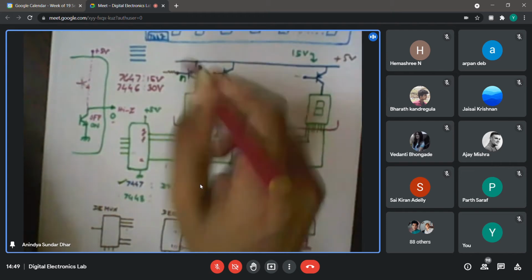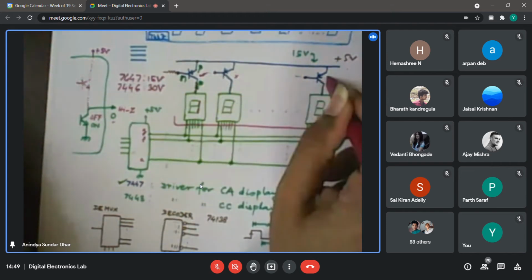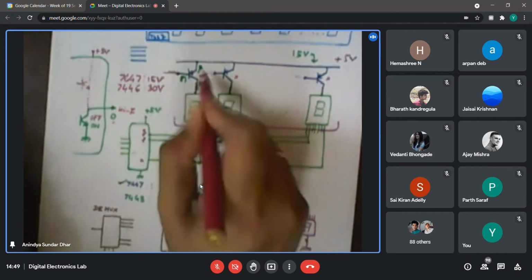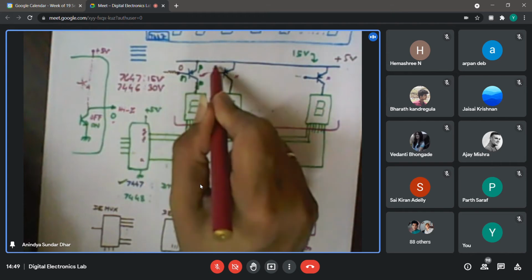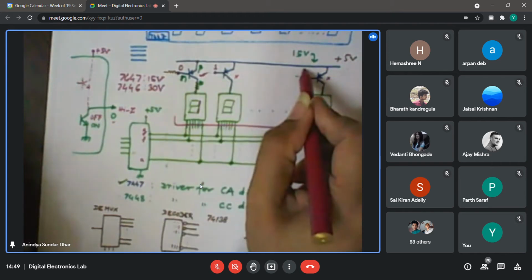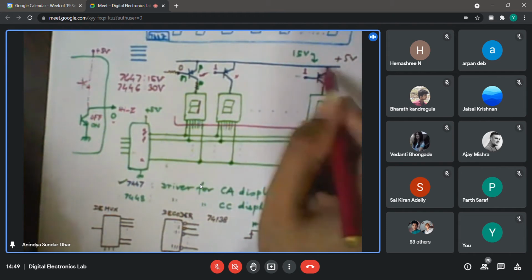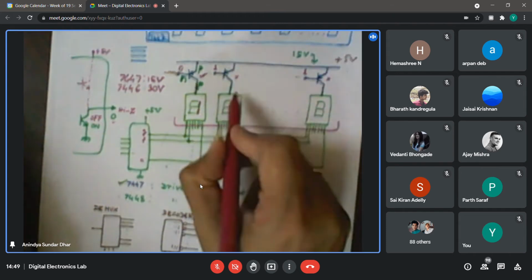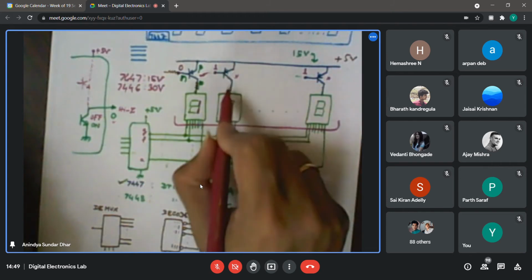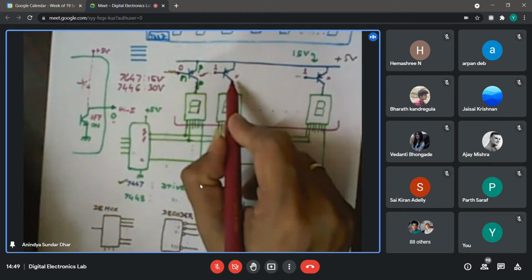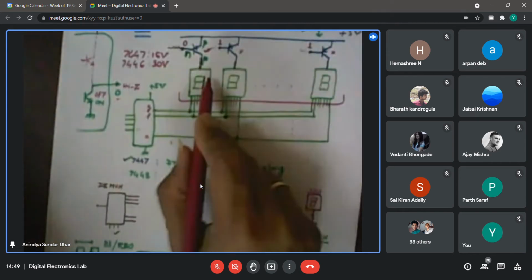But right now what we will do, we will only make this transistor on, the other transistors we will keep off. Because it's a PNP transistor, I need to make the base low for only 1 transistor. If to the other bases I apply logic 1, that is plus 5 volt, there is no VB potential, VB is 0, the transistor won't turn on. So I will keep the other displays off by providing this transistor, if you consider it to be a switch. So keep the switch off. In that case, 1 will only be displayed there.